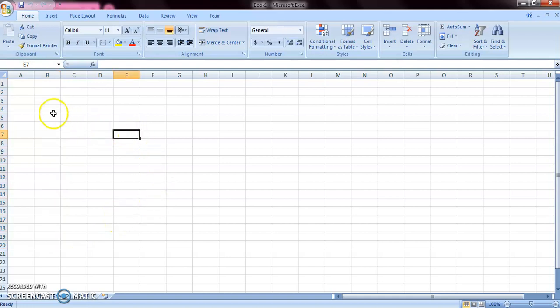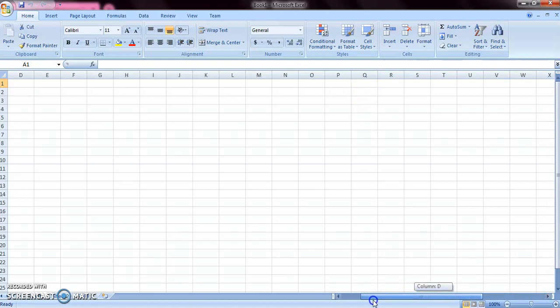And as you can see, each row is named with numbers like 1, 2, 3, 4, 5, 6 and this goes on and on. And each column is named with alphabets starting from A, B, C, D, and whenever it comes to Z, then there is AA, AB, AC, and this goes on like this.